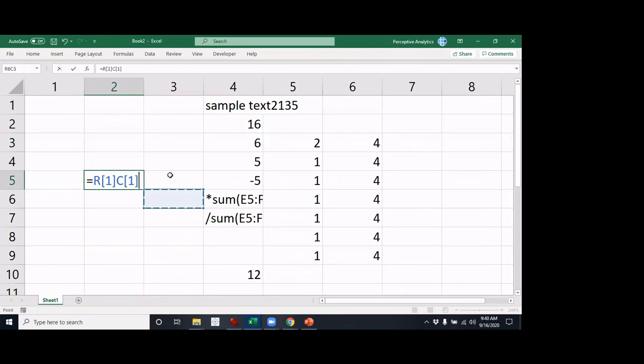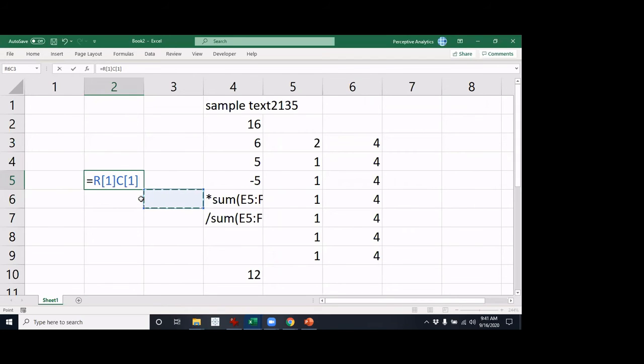The rest of the functions will remain the same, except that you have R1C1. It is worth understanding where it is useful. Where it is useful is particularly in VBA. When you use Excel, typically people use the regular A1 method, because that is far easier. One thing you also notice is that the column headings have changed from A, B, C to 1, 2, 3 when you go into the R1C1 mode. That's worth noting.